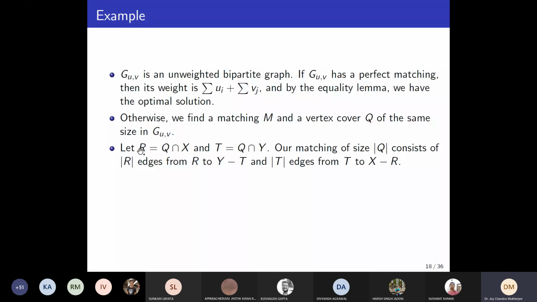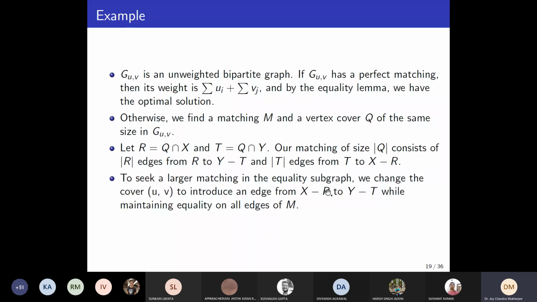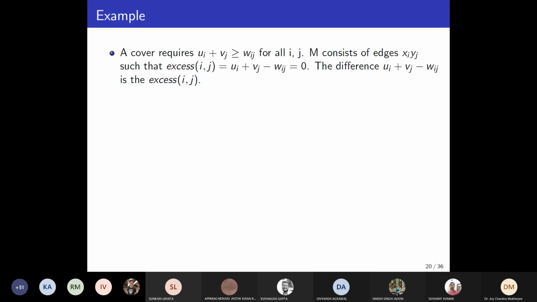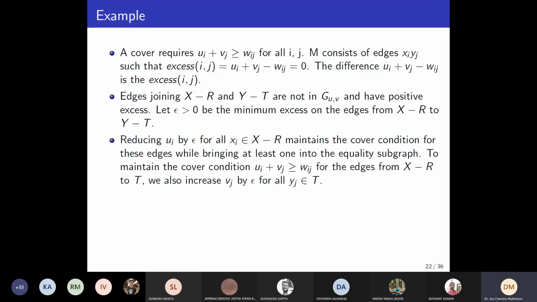So R is the set of vertices from x partite, T is the set of vertices from the y partite. Now we have to introduce edges between x minus r and y minus t. To do that, to seek a larger matching, what we do? We do as follows. We reduce ui by epsilon for all the vertices that are in x minus r. Also, we increase vj by epsilon for all yj belongs to t. Now, we claim that if we do this,